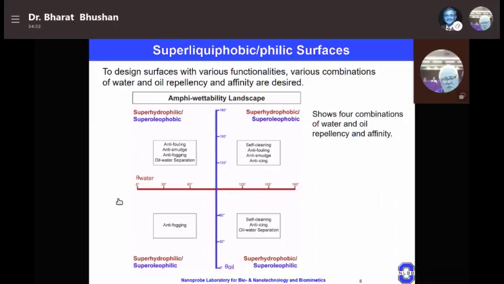And depending on what quadrant you're in, those surfaces could be used for various applications. For example, if the surface is both superhydrophobic and superoleophobic, it could be used for self-cleaning, anti-fouling, anti-smudge, and anti-icing applications, whereas on the other extreme,